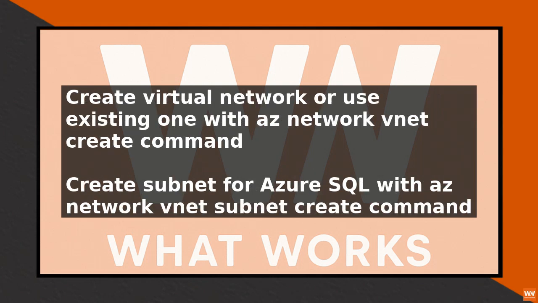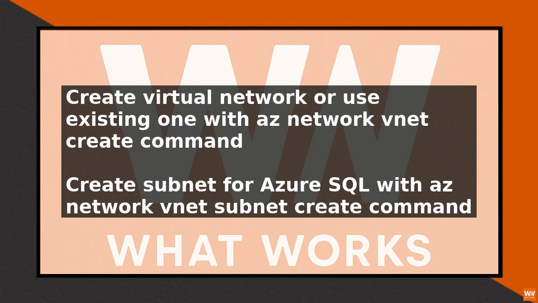To create a new virtual network, use the command az network vnet create, specifying the name, resource group, and location of the virtual network. After creating the virtual network, you need to create a subnet for Azure SQL. A subnet is a subrange of IP addresses within a virtual network. To create a new subnet, use the command az network vnet subnet create, specifying the name, virtual network, and address